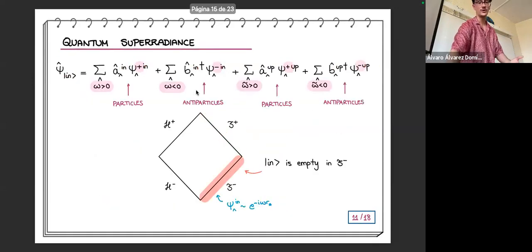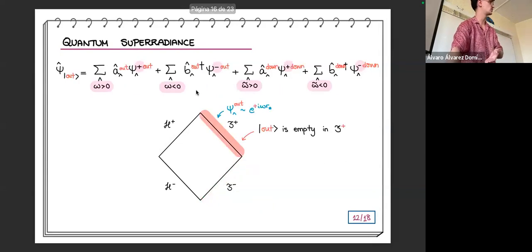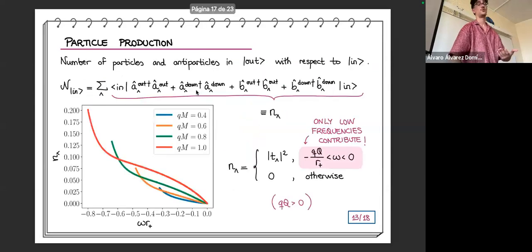So the summary is that what we are going to do is basically compare the in quantum vacuum with respect to the out quantum vacuum. Now, how do we compute this? With this quantity. I don't know if this sounds familiar from your quantum field theory knowledge from flat spacetime. What we do is compare the out and down annihilation and creation operators with respect to the in quantum vacuum.